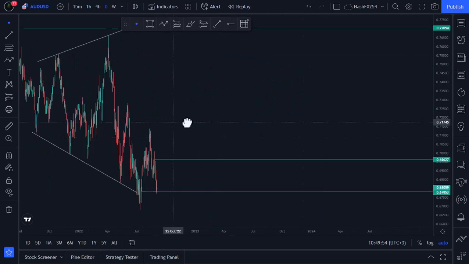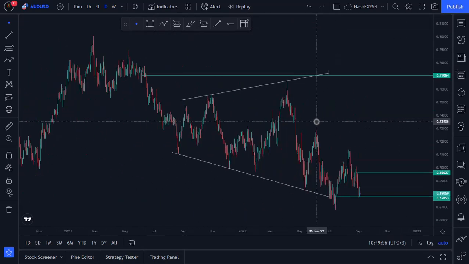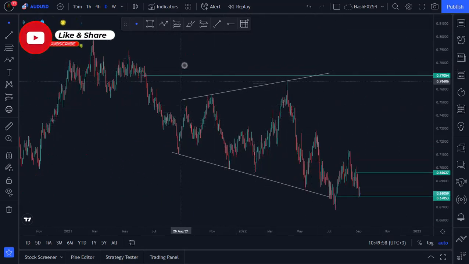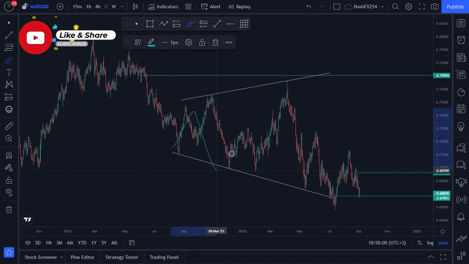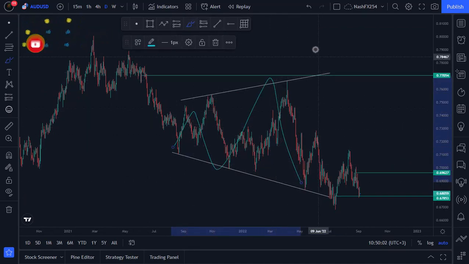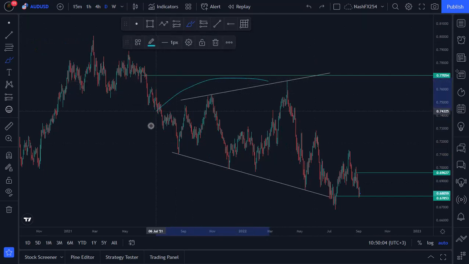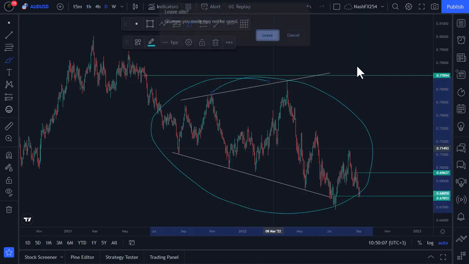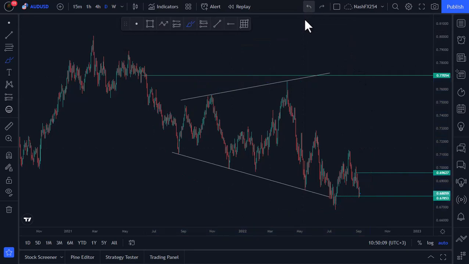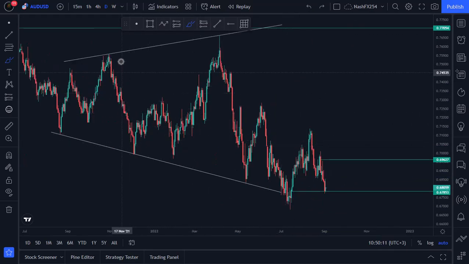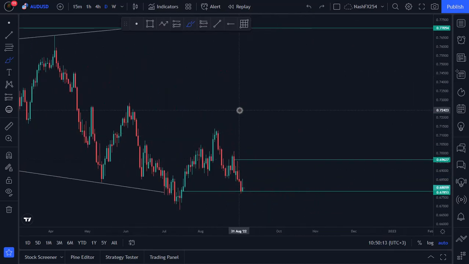Okay, I think this one I have my pattern already. You can see the Aussie dollar, same thing. The price has been pushing quite choppy over here, and I've already discussed this pattern, like, is it 2 months ago? We have already discussed this pattern. As you can see, it is an expiring type of pattern, and currently